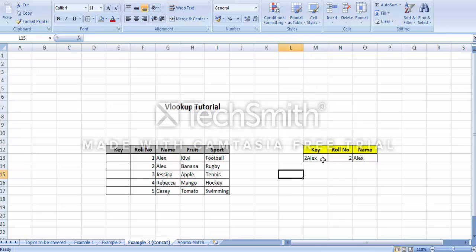But to look up, this key should also be present in our table. So I'll also create the same key using the same formula in this table as well, the roll number and the name. I'll copy this formula below. So now I can look up into this table using the roll number and the name. Now, for example, if I want to look up the fruit,